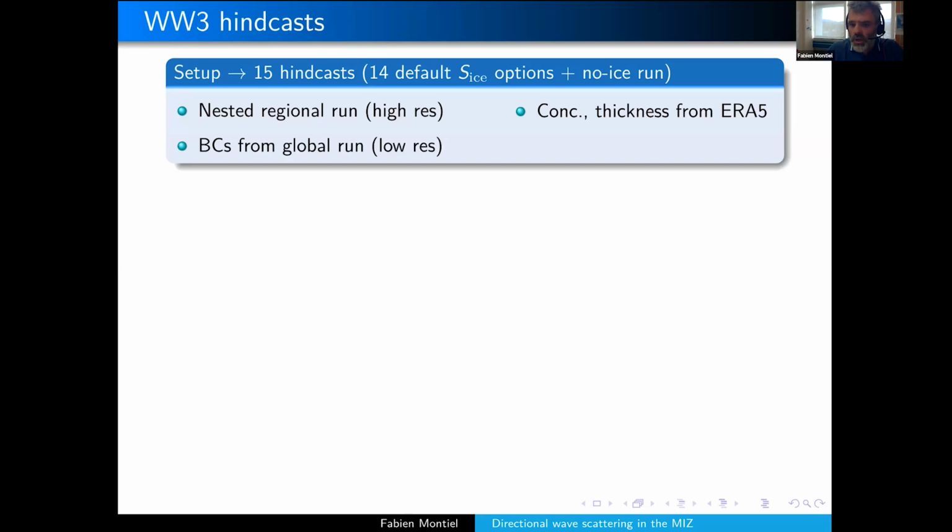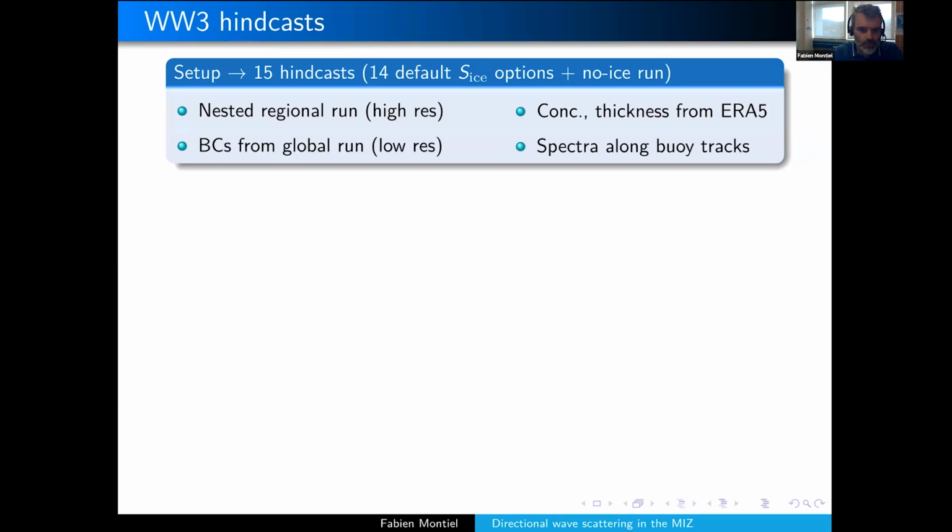And the concentration and thickness were actually included here and were taken from the ERA5 reanalysis. And the only thing that we looked at here were the spectra, so the wave spectra, again, one-dimensional spectra as a function of frequency only, along the buoy track. So what we wanted to do really is compare the spectra on either side for